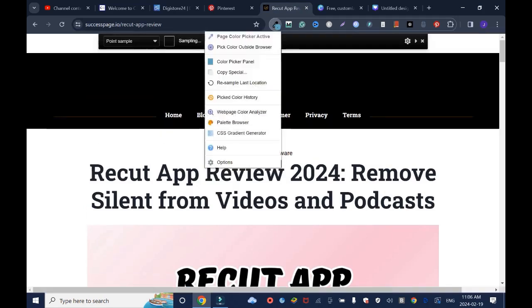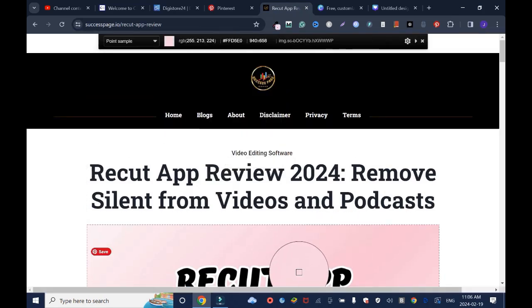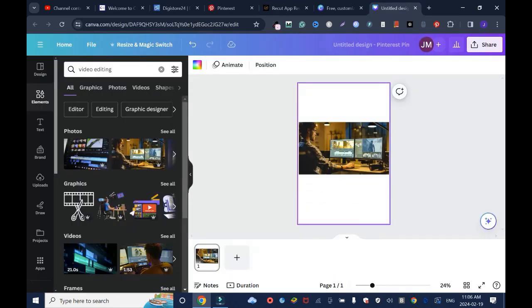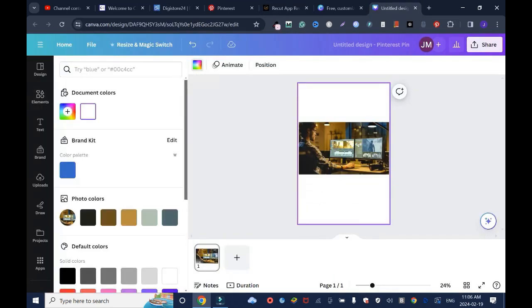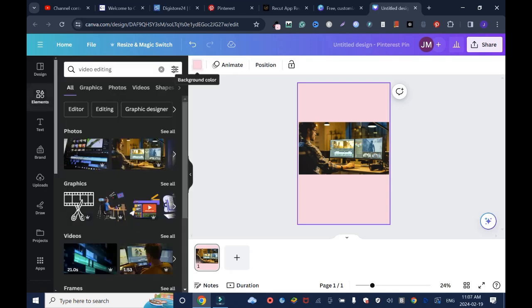This is a color picker called Colorzilla. I'll click on it to pick it up, and I'll hover just to give me the color. I'll hover again so you can see the name Colorzilla. I'll go back, click on the color background, click in the box and drop it. Then I'll just click it. This will be the background, but if you don't want it, you can just exit off and go to color